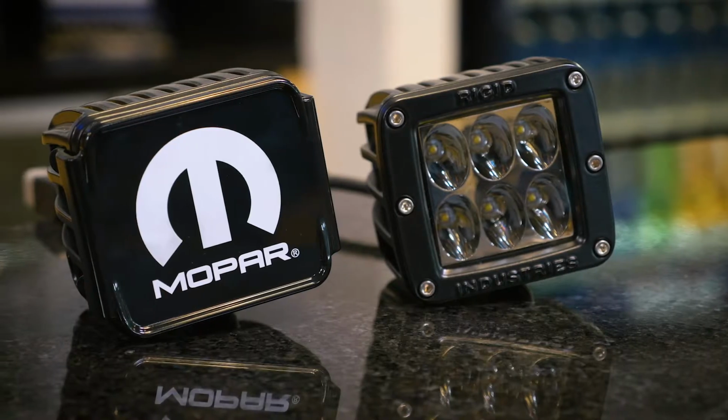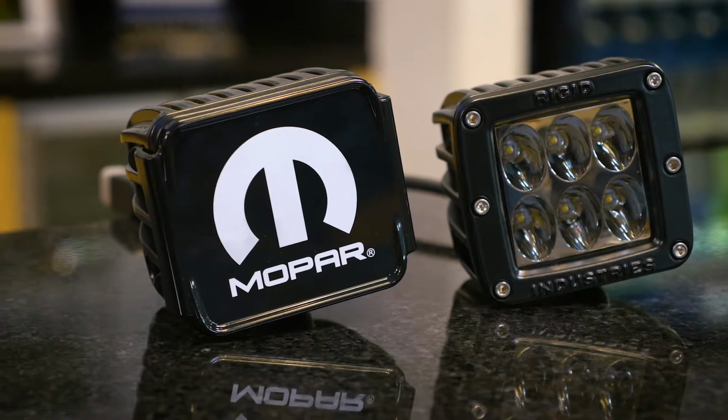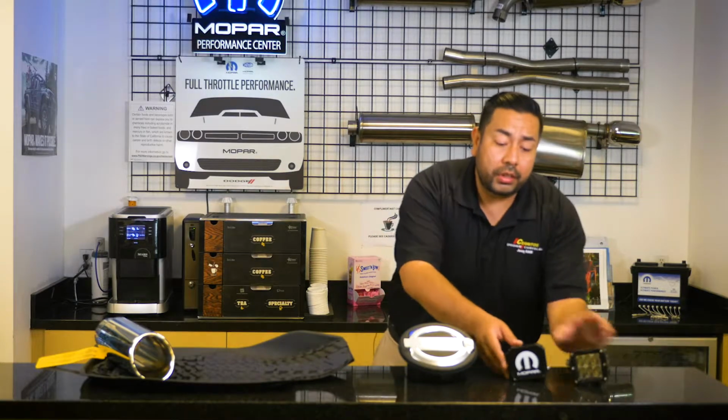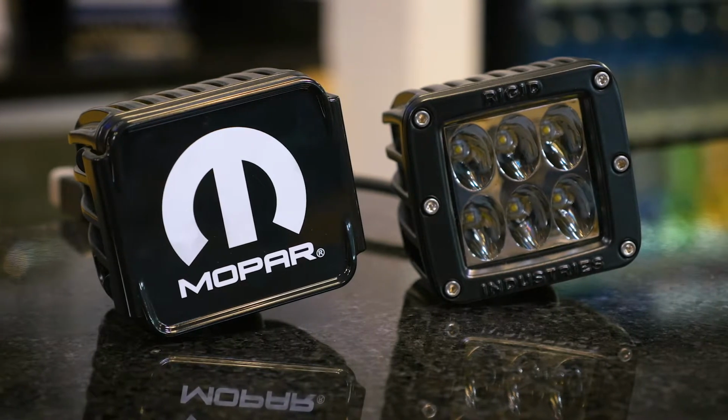All right, first off, we have these Jeep Wrangler off-road light kits, LED kits for the 2013 and 2018 Wrangler. They come with the 6 LED spot pattern. They come with the lights that you need, the Mopar covers here, complete wiring and everything you need to install